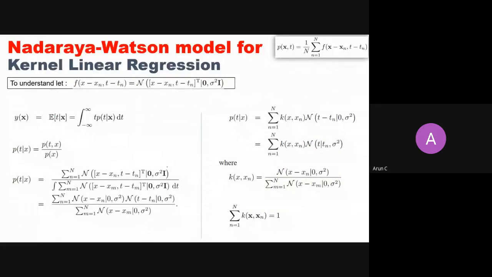So what am I doing? I am weighting my target T based on the closeness in the domain. The closer it is to some sample, the more weightage I give to the target value. This is obvious, but I still want to emphasize it. You are seeing the closeness in terms of the domain. The domain is X here, and your codomain or range is T here.